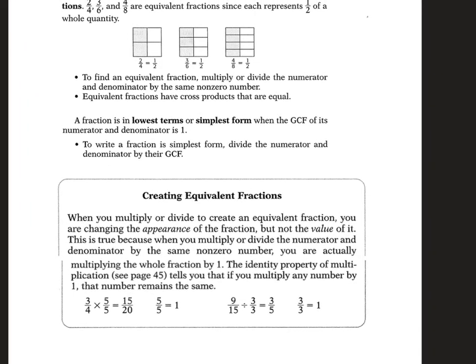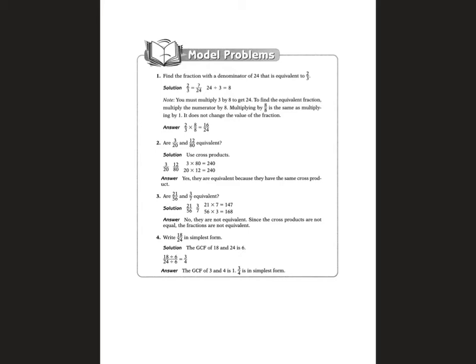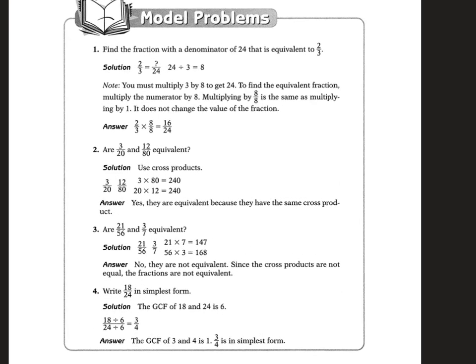To create equivalent fractions, the only thing you'd have to do is multiply both the top and the bottom of that fraction, the numerator and the denominator, by the same number. So if we look at some examples that are done for us, for 1, it asks us to find the fraction of the denominator of 24 that is equivalent to 2/3. So we just have to multiply the top and the bottom of this fraction